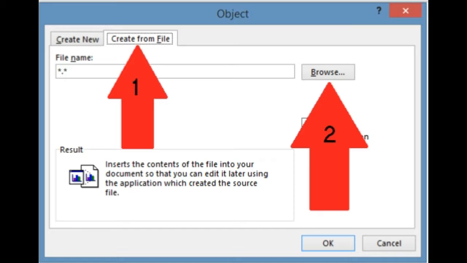And then from there, select the tab that says Create from File, and then click the Browse button and find and select the document that's having issues. What this does is some files are corrupted with stuff that's going on in the background. So this pulls just the text from that particular file and brings it to the new file. So at least you have kind of like an emergency version of it, or you can rework it and do whatever you like there. If it's still not working from this, let's move on to tactic 2.